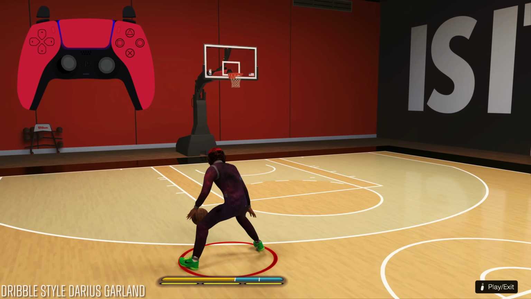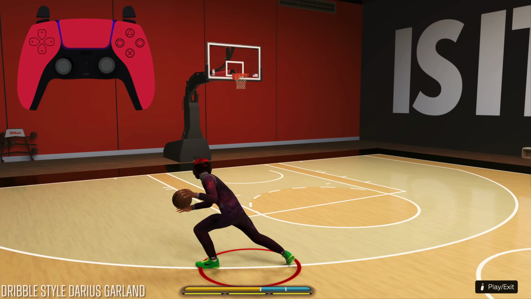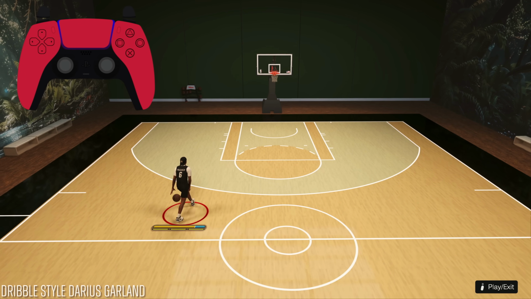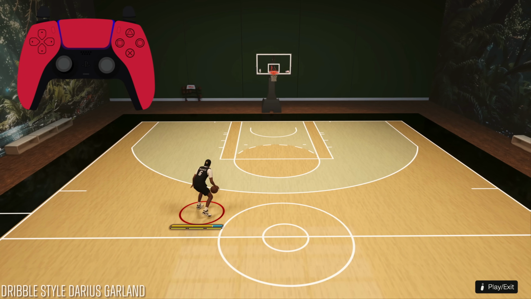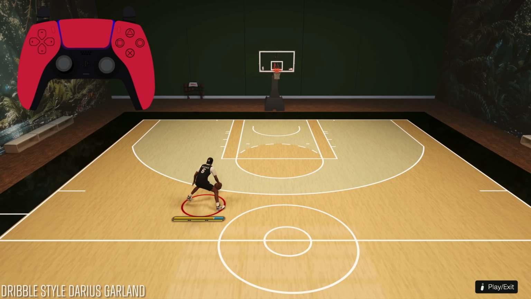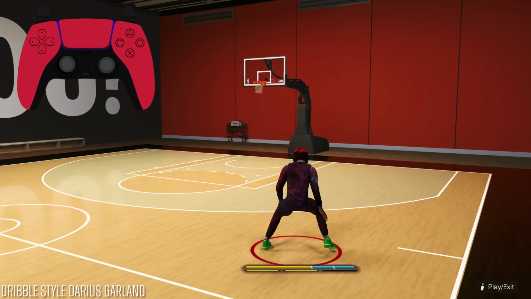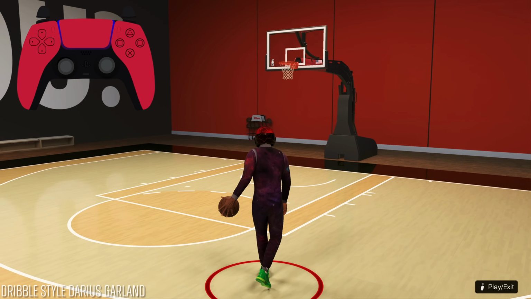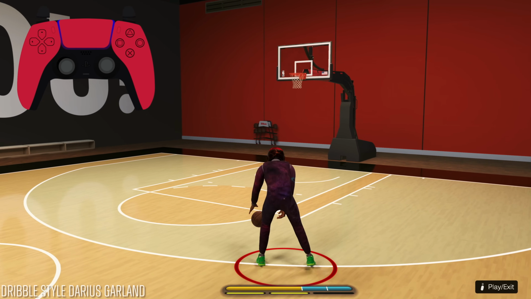So if you find yourself moving and you're trying to size up, pull down into the right or left, as you see here, to get into a stance where you can then size up. Another issue a lot of players ran into was the pressure on the left stick. Holding or pressing the left stick down firmly will cause you to move around the court instead of triggering your left stick size ups. If you want to size up with the left stick animations, you'll have to press the